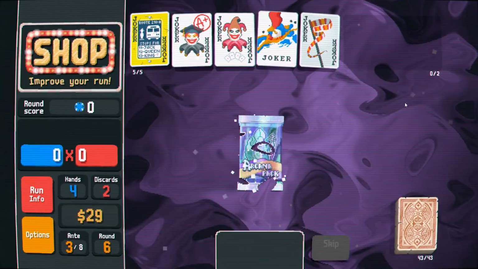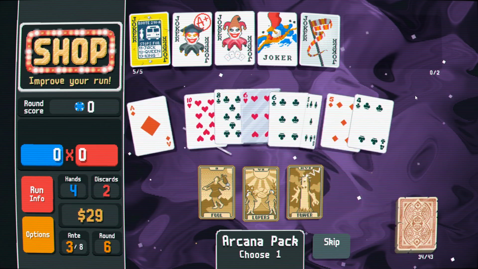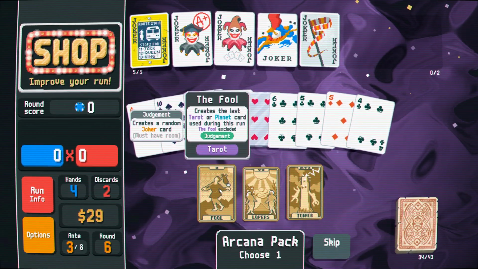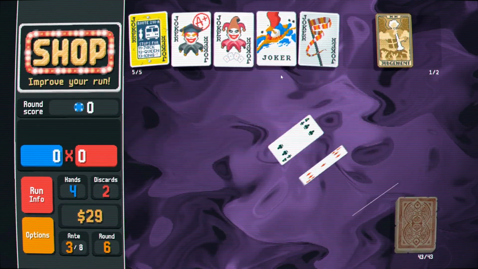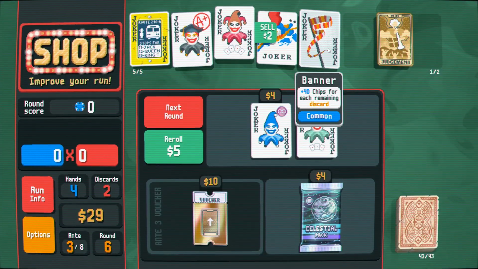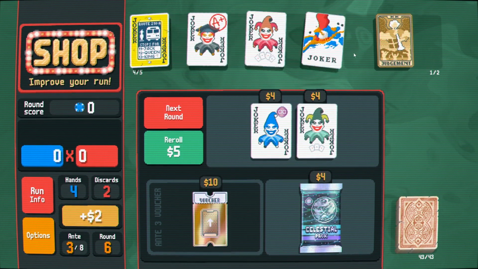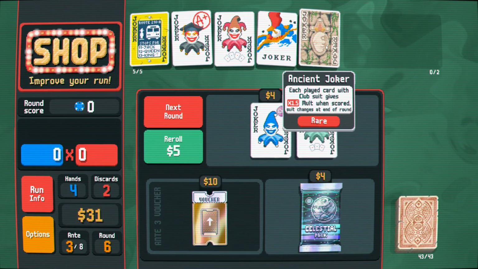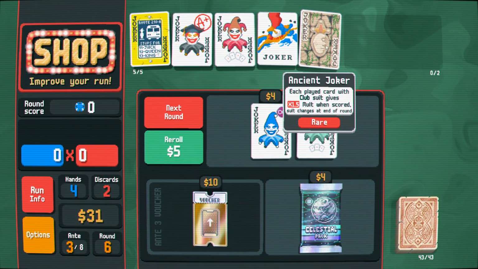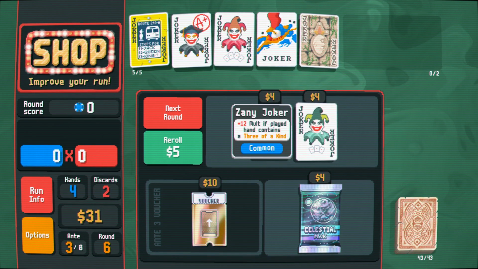Let's start by opening an Arcana pack. You know what? Give me a judgment. I'm going to sell my Mad Joker. I'm going to sell my banner. We're going to get Ancient Joker, which is... okay. I mean...